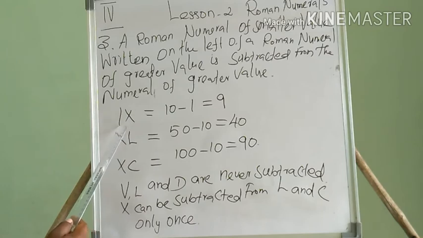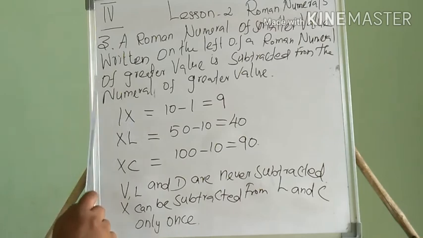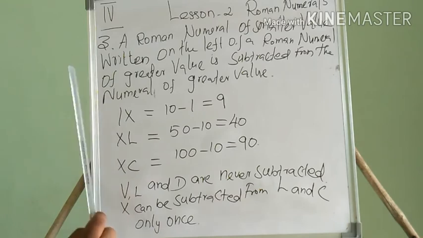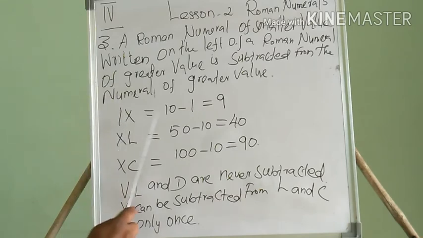So see, here this is the Roman numeral 1, this is 10. So this is the bigger value. On this bigger value, which side is another Roman numeral, right side or left side? On the right side there is nothing. On the left side one Roman numeral is there, that is 1. It is a smaller value compared to this, but it is on the left side. So if any Roman numeral is on the left side of the bigger Roman numeral, we have to subtract. I already told you; again I will repeat. So this is 10, and it's on the left side, so minus 1. So we call it 9.